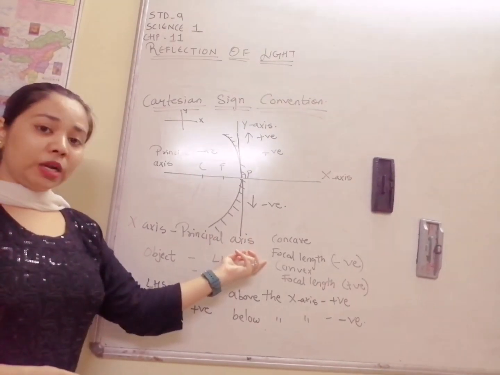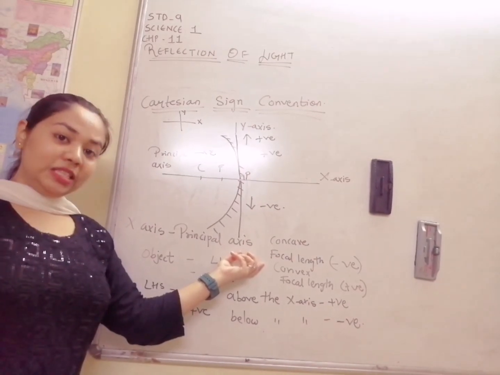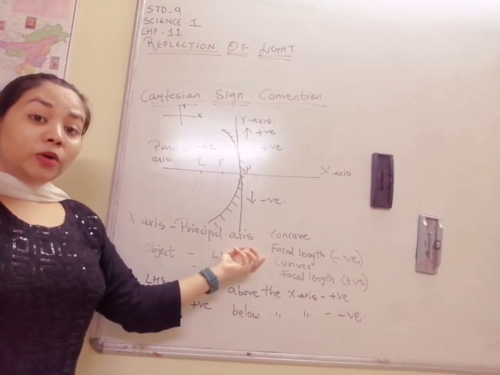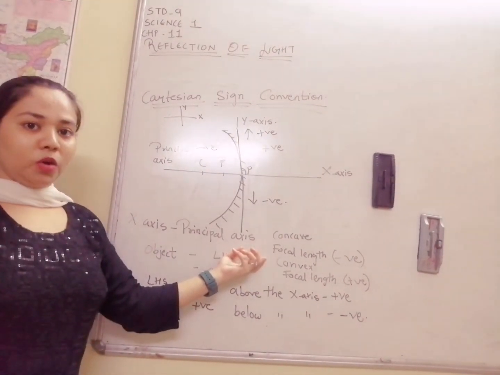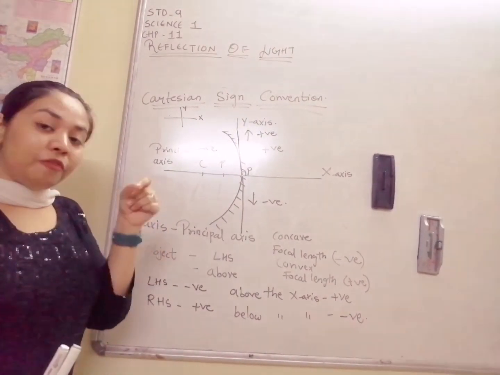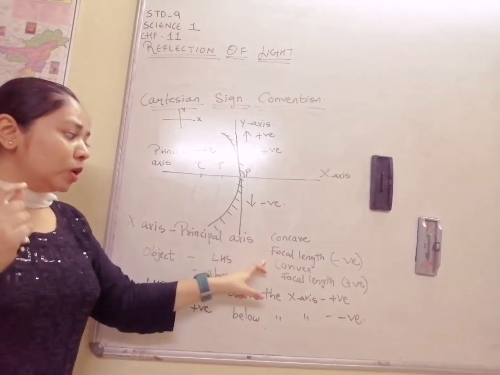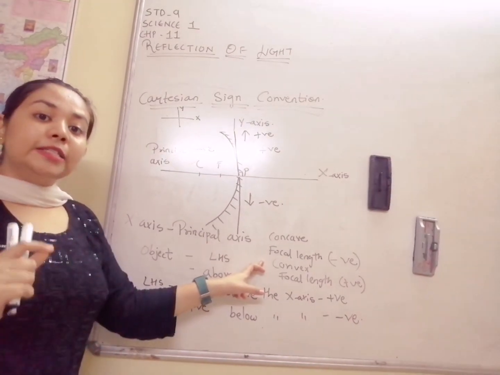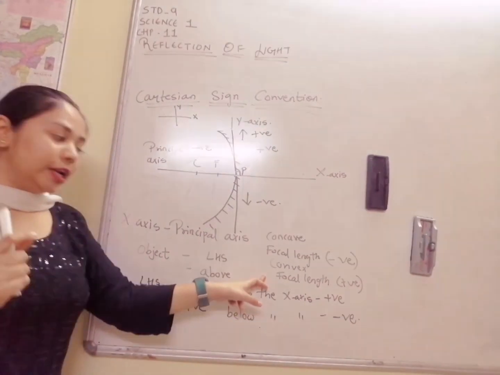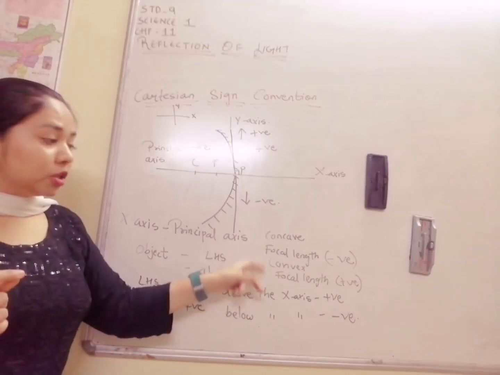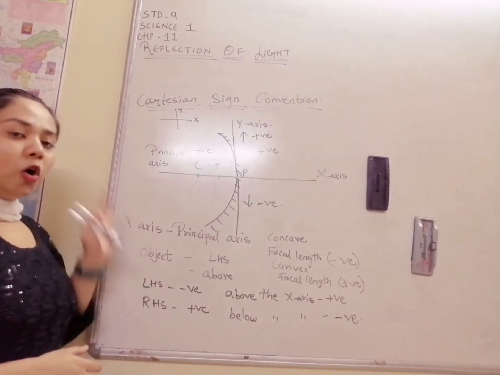While solving numericals, if it is mentioned that in a concave mirror the focal length is 15 centimeter, then without any thought you have to put f equals minus 15. They will not mention there that f is minus 15. You should know that if the mirror is a concave mirror, you will write in your data the focal length as negative only. And if it is a convex mirror, you should know that your focal length will always be positive. Okay, so this is very important while solving the sums. Okay, I hope this is clear.